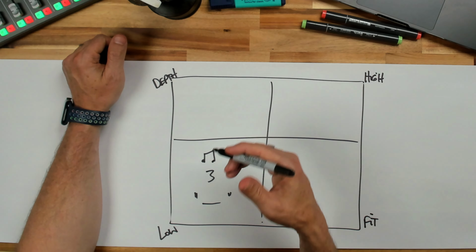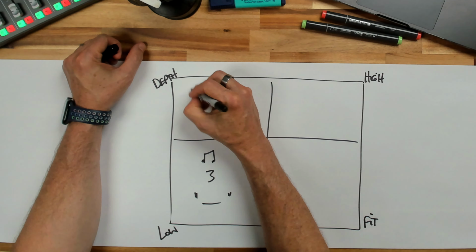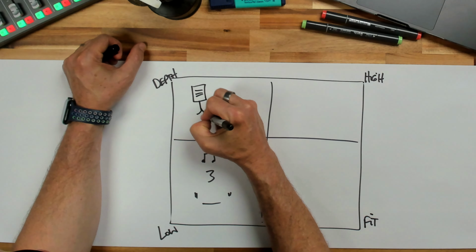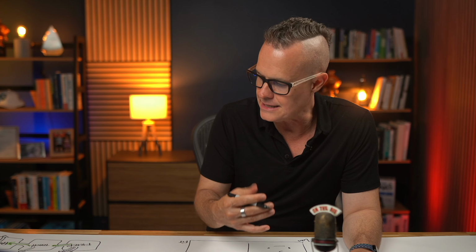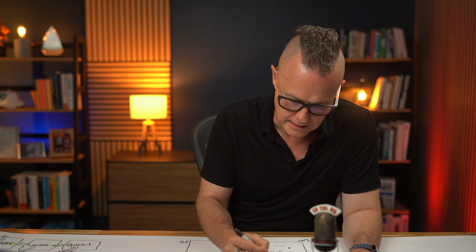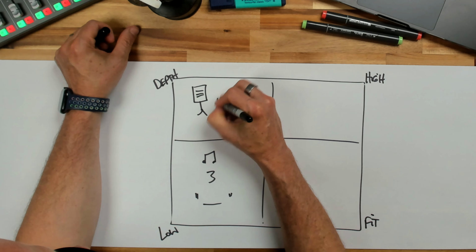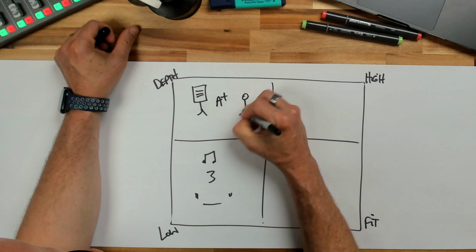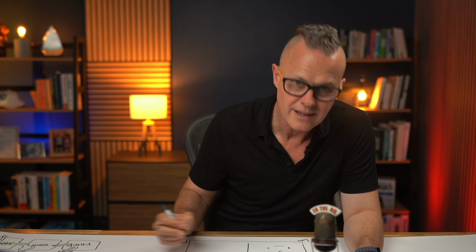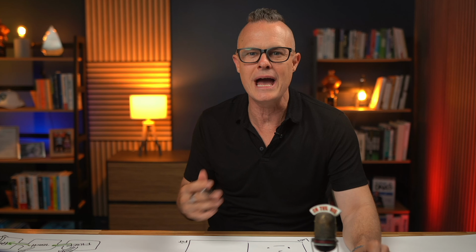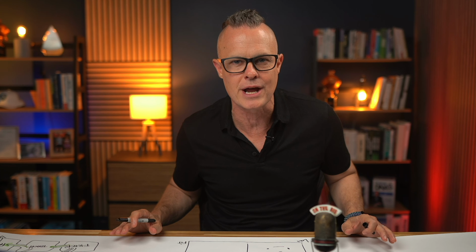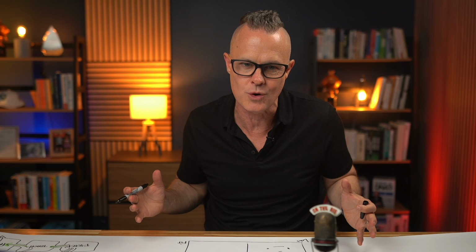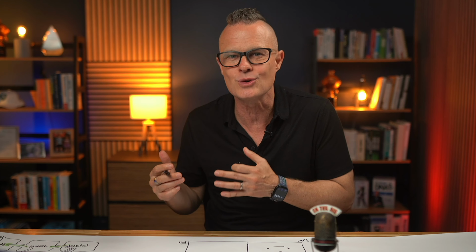Up here, you've got content that might be great in terms of the depth that you're going into to teach, but it's just not for the right ICP. You might be teaching great content, so A+ for that, but your ICP is just all wrong. So this would be like me teaching you how to get your first client if you're starting a brand new agency. That's just not where we do our best work. Might be super helpful content, but it's the wrong ICP for me. It's the wrong audience, right? We do our best work with established digital agency owners who already have existing clients.